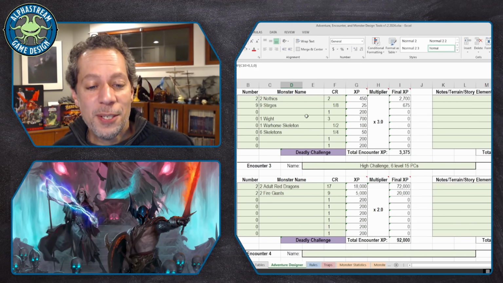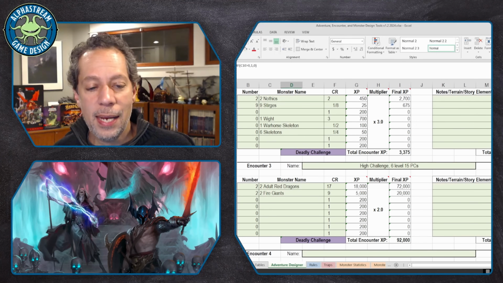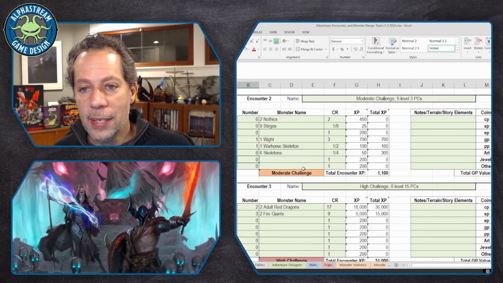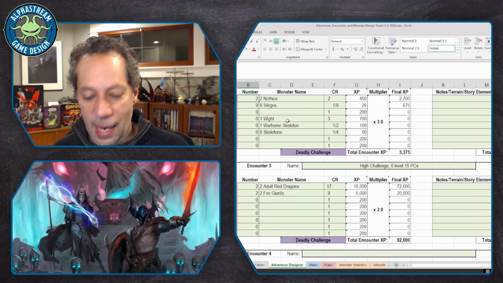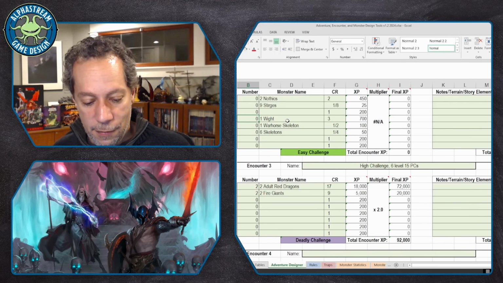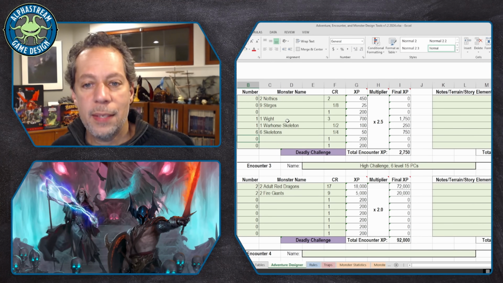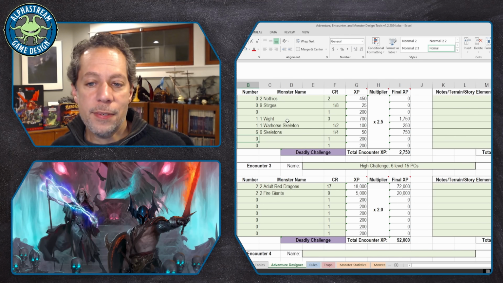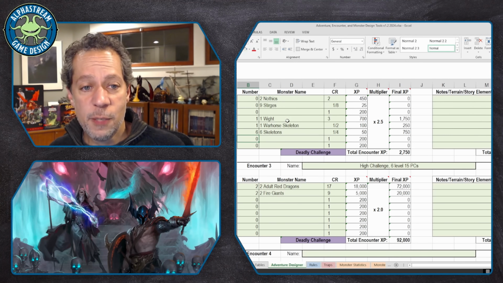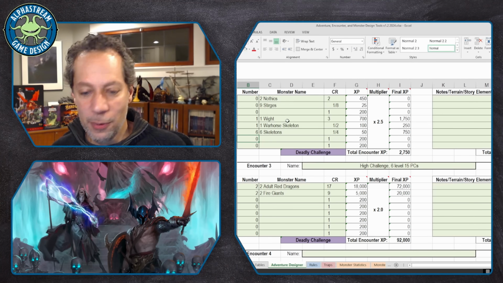Back to the math. So you can see here that when we use these Nothics and Sturges, this is a deadly challenge instead of being a moderate challenge for 5 PCs. And when we go to the white example, we're going to see something similar. We've got 1 white, 1 warhorse, and 6 skeletons. Those 6 skeletons push us into a times 2.5 multiplier. And you can see it's 2,750 XP,